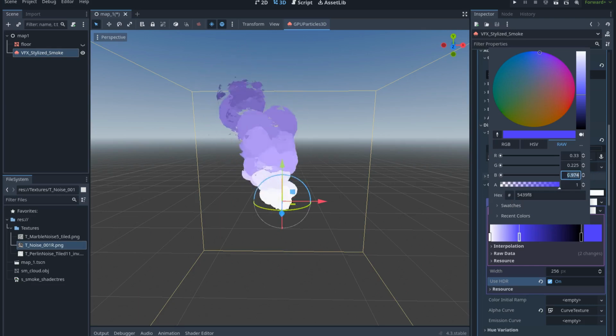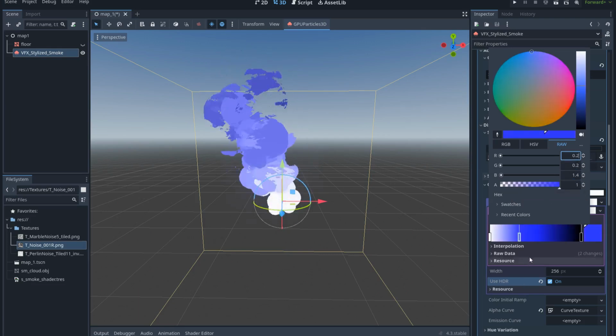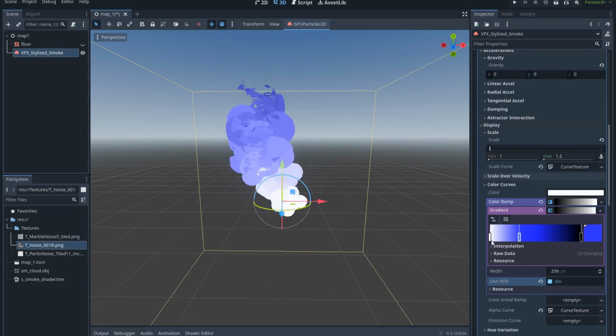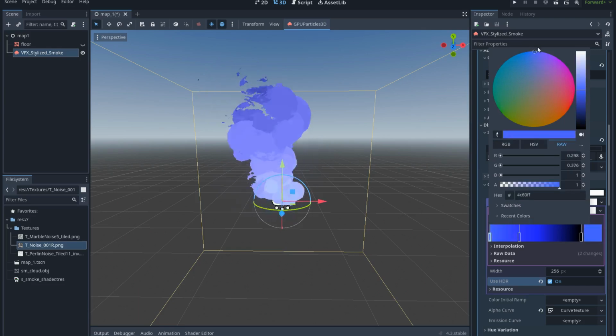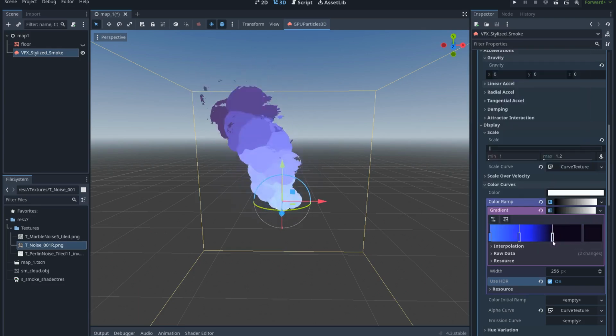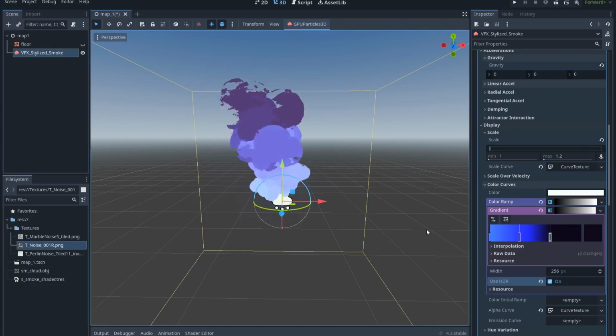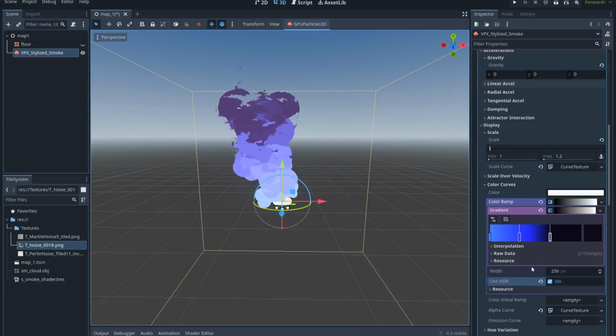For example, I will set a blue value of 1.4 and let's play a bit with this to see if we can get a really crazy result. For example, this one as well. Be creative, change the texture, change the colors. I just show you the way, but you have to put your own creativity to get your own unique smoke